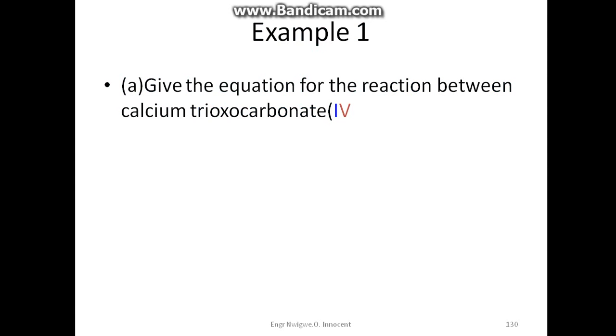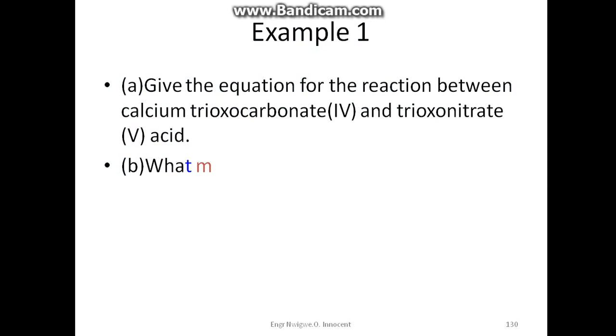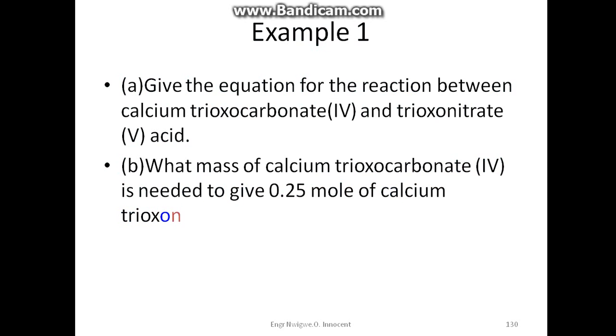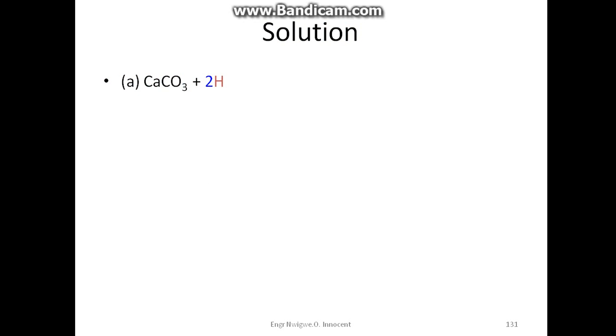Example 1. A. Give the equation for the reaction between calcium trioxocarbonate(IV) and trioxonitrate(V) acid. B. What mass of calcium trioxocarbonate(IV) is needed to give 0.25 mole of calcium trioxonitrate(V)? Solution. For question A, we are asked to write the balanced chemical equation of calcium trioxocarbonate(IV) reacting with trioxonitrate(V) acid,